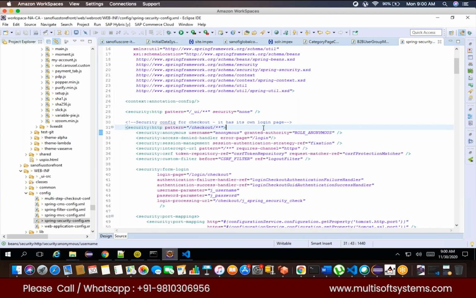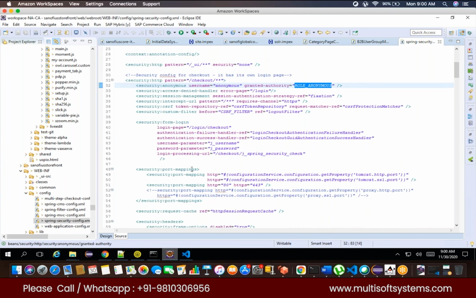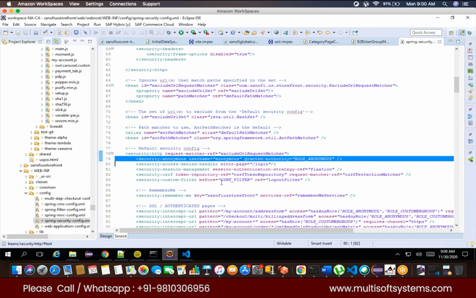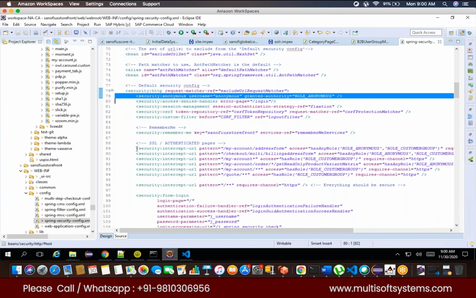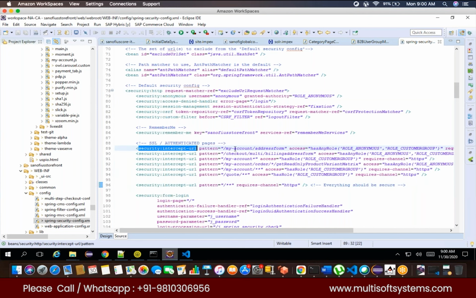So this is the concept of anonymous. Here you can see role underscore anonymous will be there. For them, there will be one particular form of this. So here also we can write what the securities are and which type of pages I should show. Here is important, this is the intercept URL. This is very important. If you see here, in the intercept URL pattern I am giving